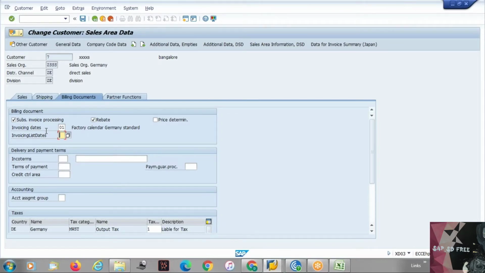And we have some configurations also for this. For the invoicing dates and invoice list dates, the configuration will be almost the same. There has to be other configuration, but this configuration will be in line, and we'll see later how we do that. Then you have the delivery and payment terms